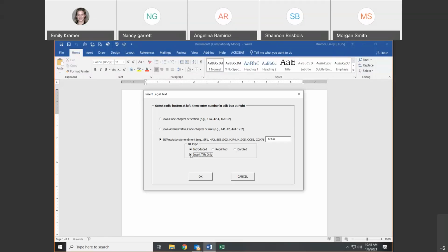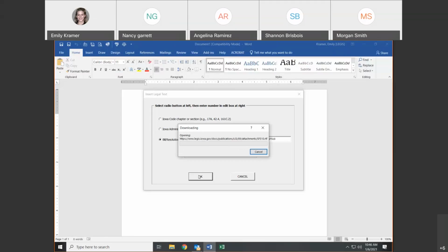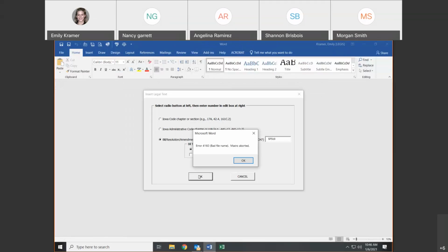There's also the option to just insert the bill title. Each bill has about one line of just the title of the bill. So if all you want to insert is the title, you can check that box to do so. I want to insert the full bill, so I'm going to leave that unchecked. And this is based on cursor placement. So when I hit OK, wherever I had my cursor in the document or the email is going to,